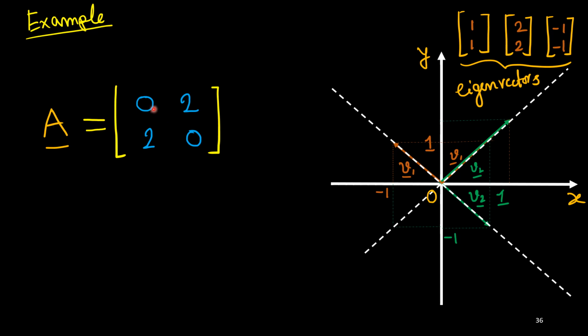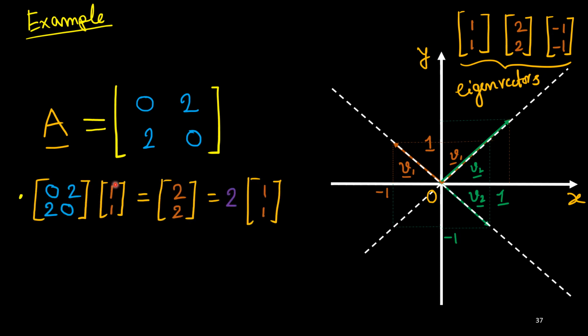Now if I consider A equal to [0, 2; 2, 0], you see it is similar to the permutation matrix with only one change: instead of 1, both entries are replaced by 2. So the earlier matrix is multiplied by 2, each element multiplied by 2. If I again consider the vector (1, 1) and multiply with this matrix, it becomes (2, 2), because 0 into 1 is 0 and 1 into 2 is 2. I can write this (2, 2) as 2 times (1, 1). So again you will see this (1, 1)